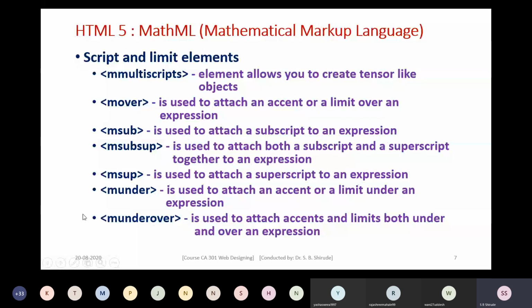This is all about the category of elements supported by MathML called script and limit elements.